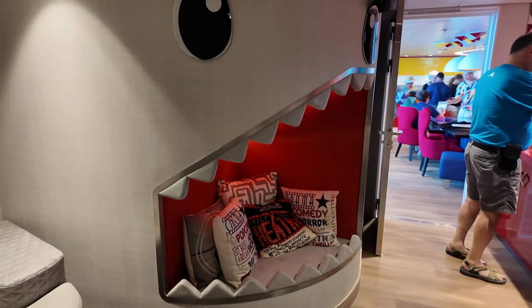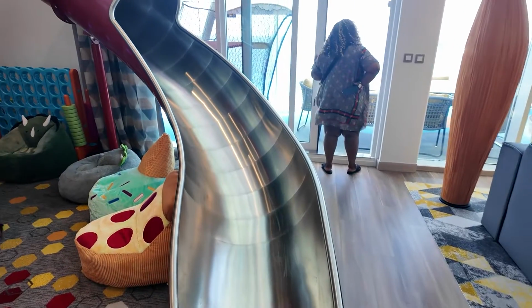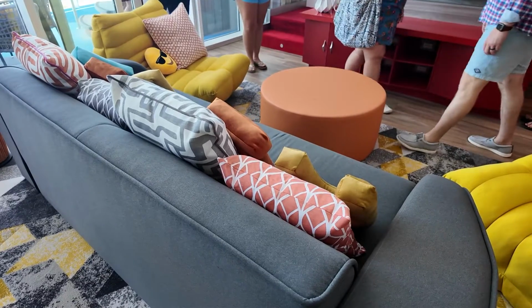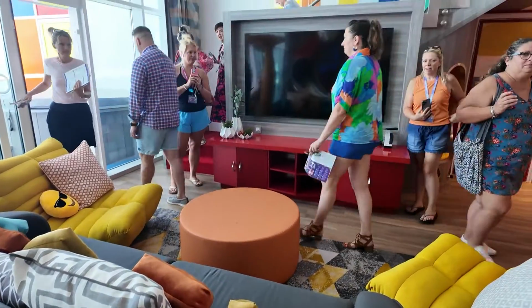And I love this little sitting area with the monster. Okay, how cute is that? This is probably one of the coolest parts about the family suite, is the slide. Pretty awesome. And over here we have kind of like the living room area with a large TV and a